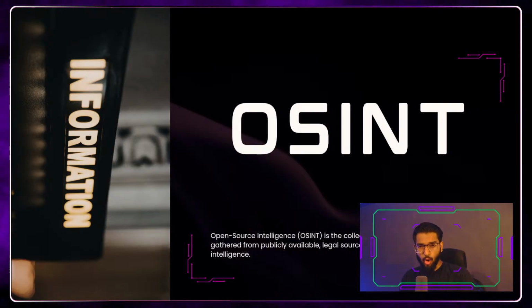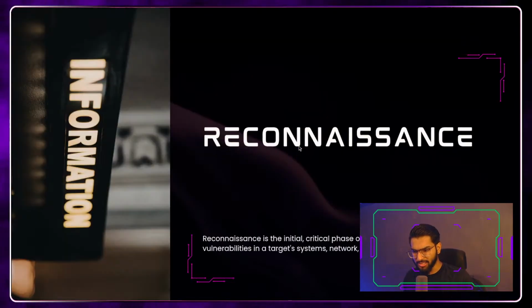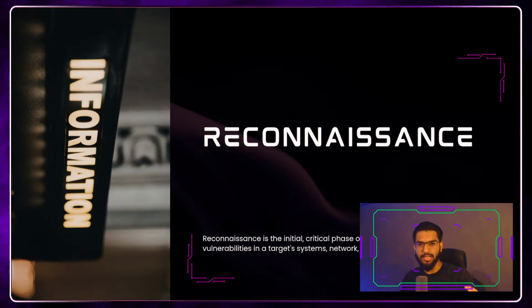So here is what we will dive into. That is OSINT. Let's get into what reconnaissance is. Reconnaissance is nothing but the same thing. It's basically a term which has been inferred from the military, meaning gathering information, which is the first step that we perform to attack or to perform any execution of anything. It's the research phase. When we want to gather information about any particular target, company, or set of people, we want to gather as much information as possible.